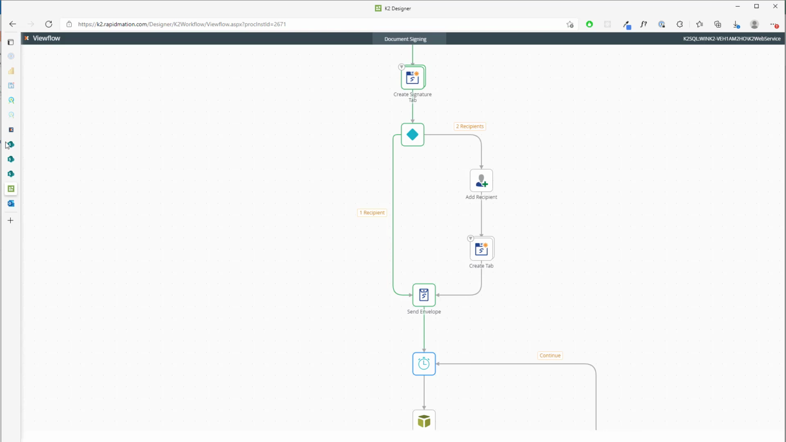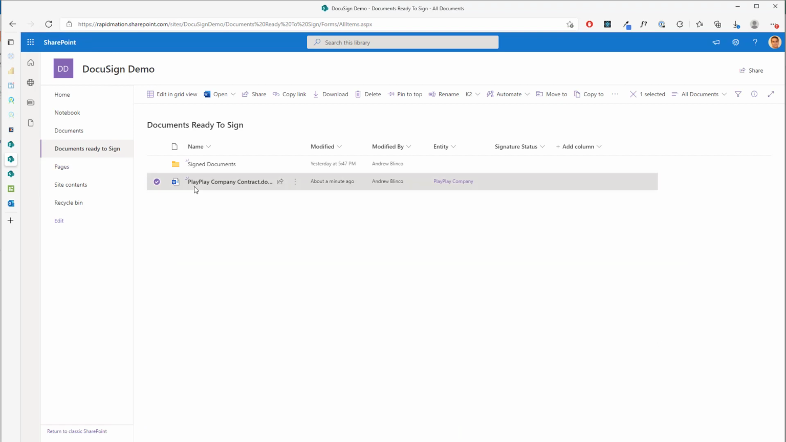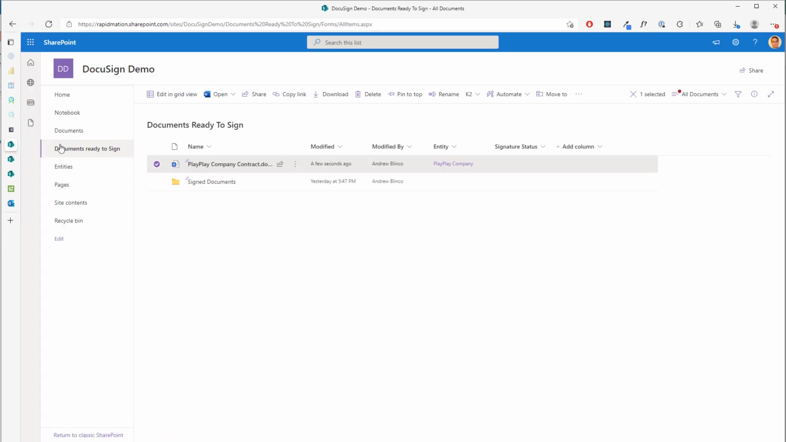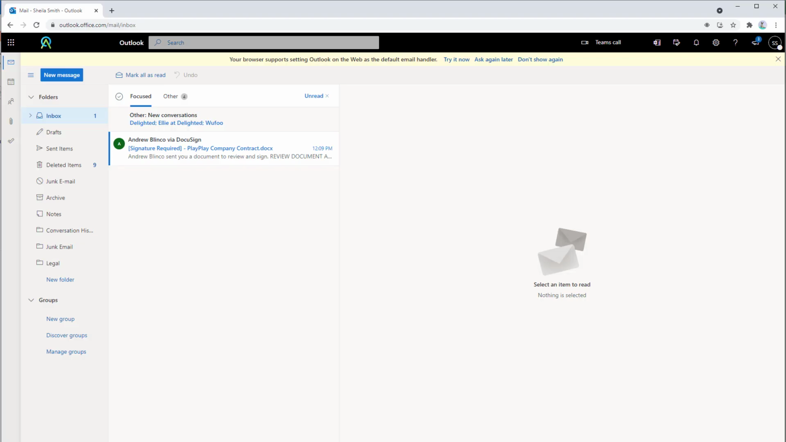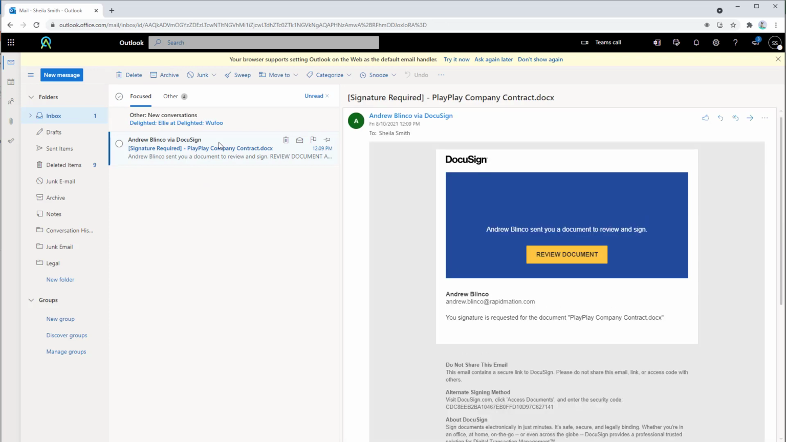So back on the SharePoint library, we notice that we're going to send the document out to the PlayPlay company. And if we go to the entities on PlayPlay company, you'll see that it's going to Sheila Smith at playplaycompany.com. So I'm going to jump over to a different browser, and here we can see that Sheila's inbox has received an email, and it's asking her to review a document, and she can do that by clicking on the review document